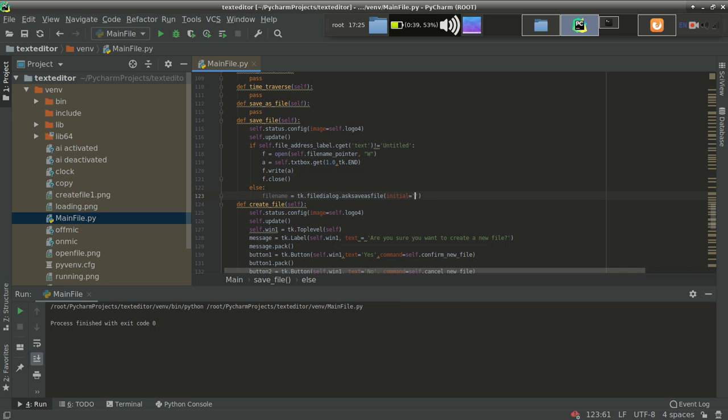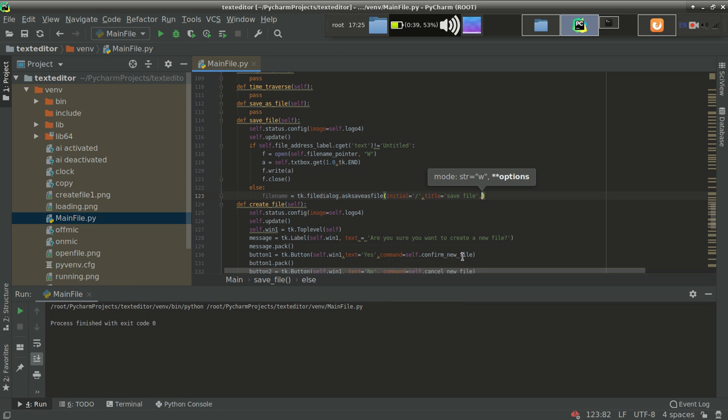Again I will specify that I want to open that in base directory, and the title should be the same, select file. Oh, that's not select file, because we want to save the file. So let's use over here save file. Save file will be a good title for this.